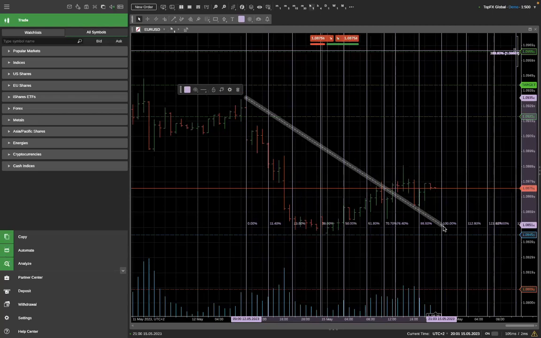So let's start with the definitions. Fibonacci time zones are a technical indicator based on time, right? So Fibonacci retracement is based on price. Fibonacci expansion or extension is based on price and projection as well, but Fibonacci time zones are based on time. So this indicator is typically started at a major high or major low or swing high or swing low on